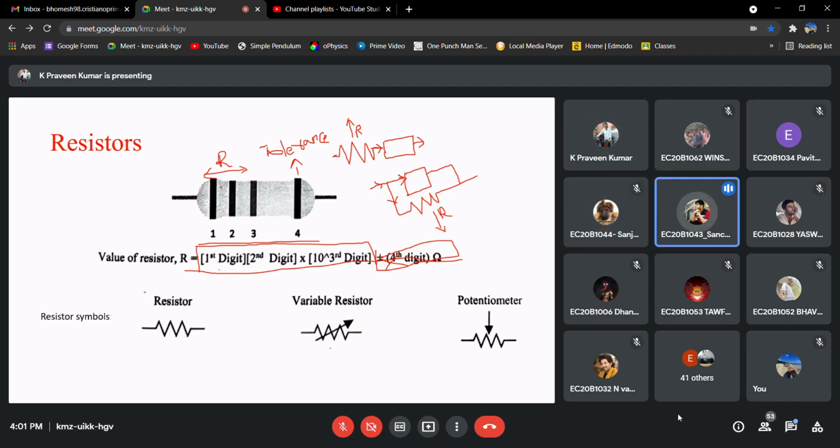In a potentiometer the resistance can be the same, and in a variable resistor, we change the resistance as per our requirement.